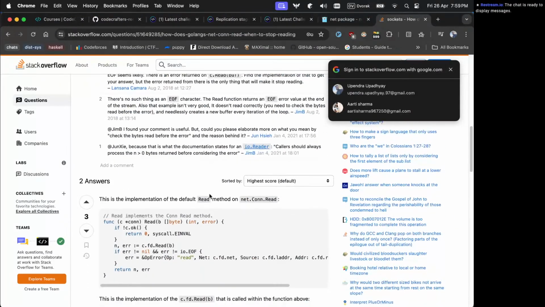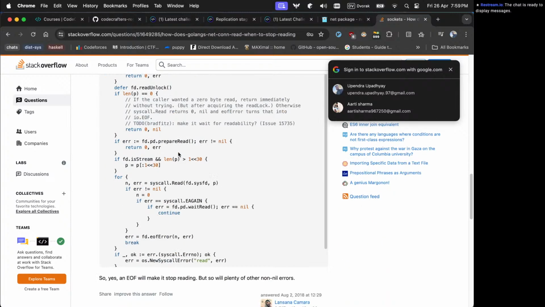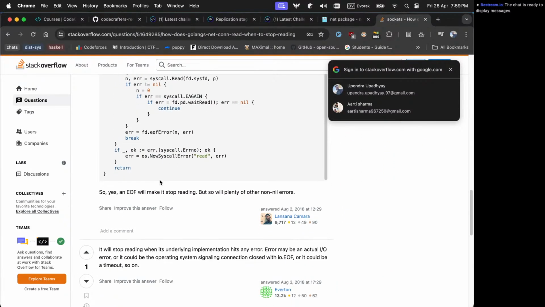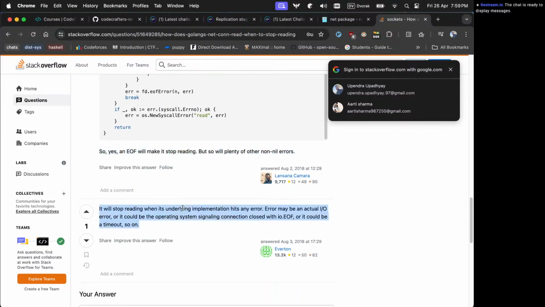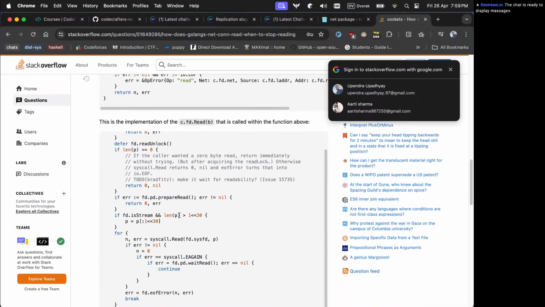And this is the implementation of the read method on ipConn, which says an EOF will make it stop reading. It will stop reading when its underlying implementation hits any error. Error may be an actual IO error, or it could be the operating system signaling connection closed with EOF, or it could be a timeout. So, and what is the timeout? If the caller wanted a 0 byte read, return immediately without trying.